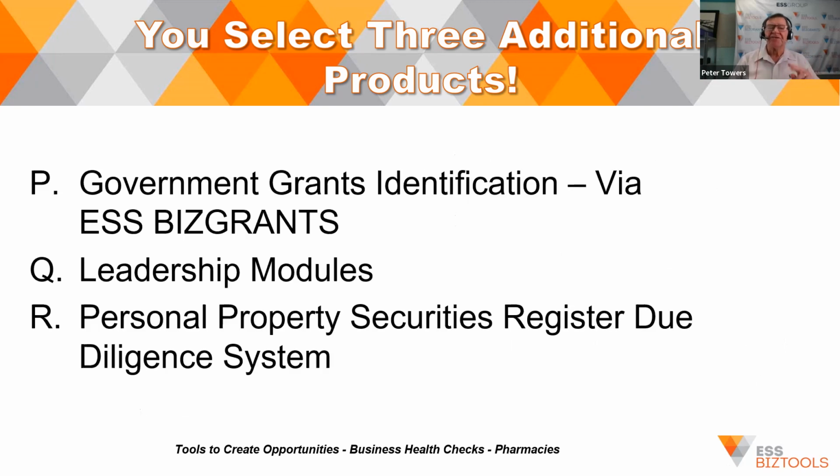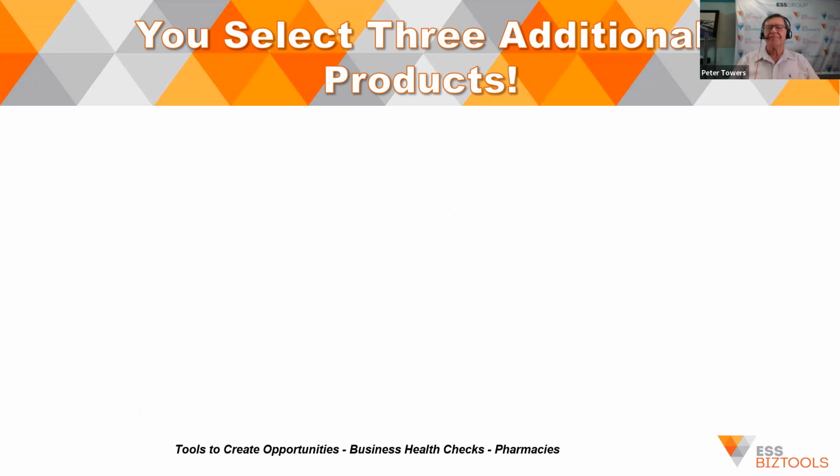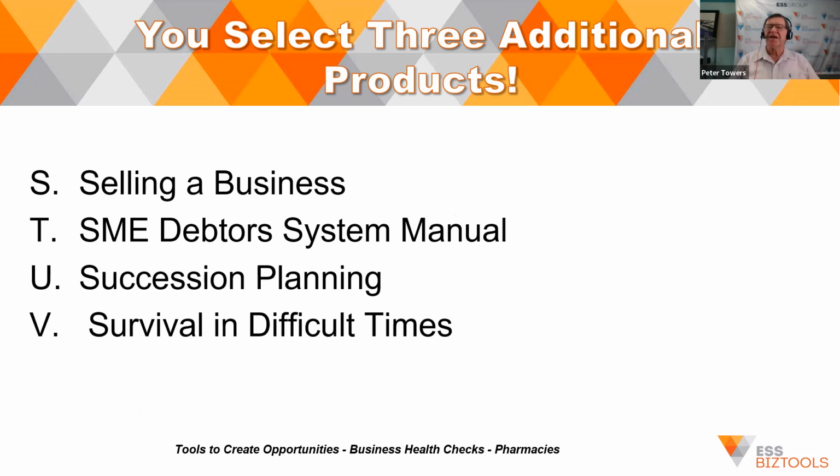You pick 3 of these: government grants, leadership modules, the personal property securities register, selling a business, SME debtors systems manual, succession planning and survival in difficult times,